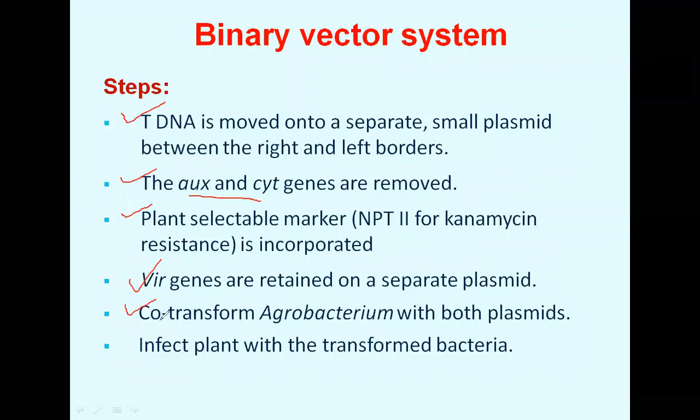Means what will you do? You will have a mixture of these two plasmids, and you will transform these Agrobacteria which do not contain any plasmid, so that the Agrobacterium will contain both the plasmids. So you will be selecting the Agrobacterium again. Selecting the Agrobacterium means selecting those Agrobacteria which have received both of these plasmids from those which have not received. So this is called bacteria selection.